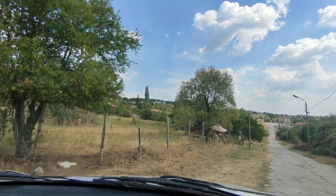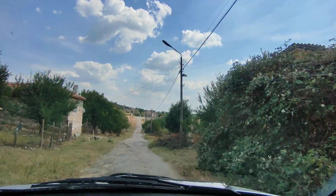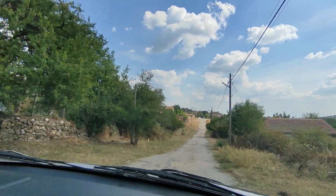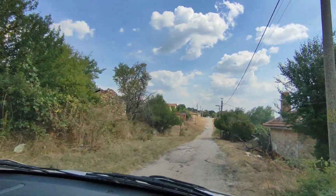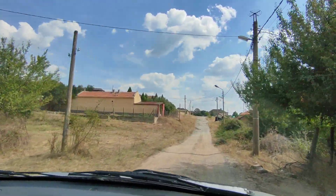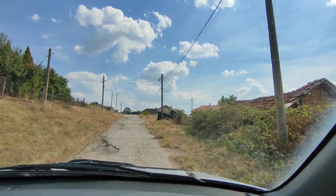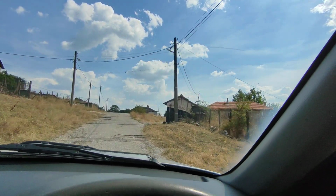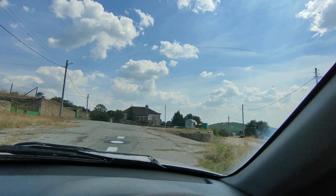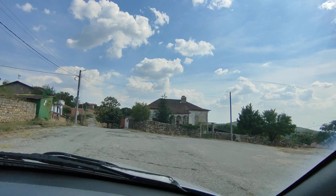Somewhere like this, you've got a good road all the way to Stalingrad. I have to look up and see what the kilometers are, Kostur to Stalingrad, but yeah, it's not far. Maybe half an hour, 40 minutes maximum, probably half an hour drive to town. And in Stalingrad you've got your hospitals and schools, and you've got supermarkets, train stations, bus stations. You're very close to the Greek and Turkish border down there as well, so that's where we are. We're right down in the very most southeastern point of the